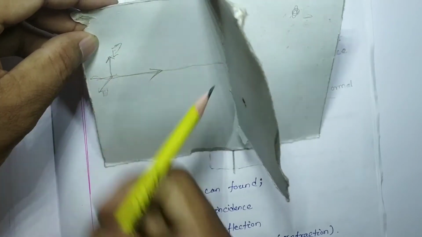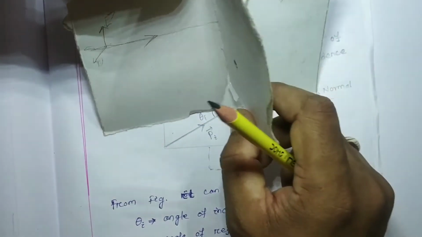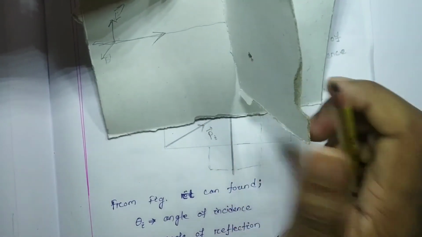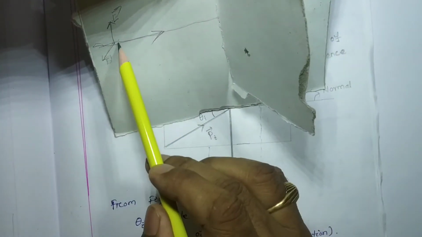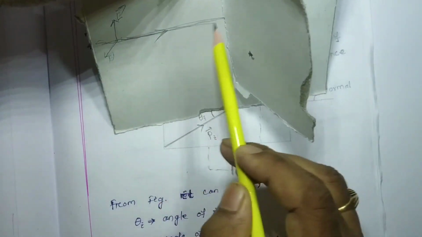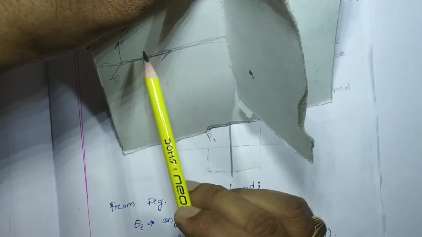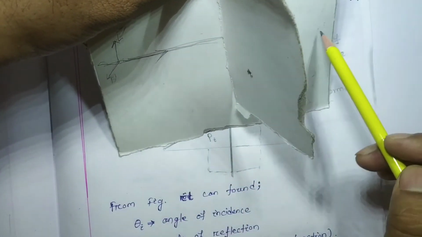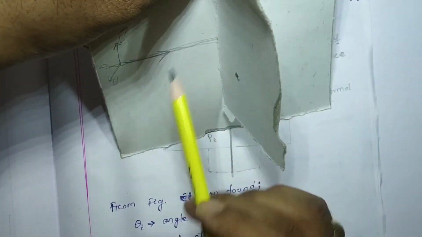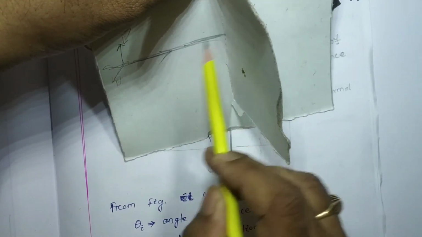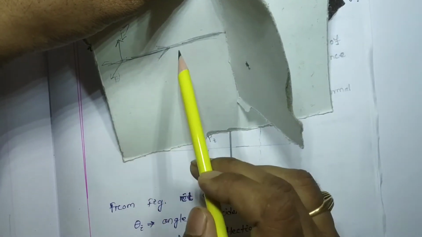Now we are going to consider incidence that is oblique. This is the normal incidence, meaning the wave propagates along the normal, and this is the plane of incidence. This plane of incidence has to contain the incident wave, the reflected wave, the transmitted wave, and the normal to the interface itself. So if the wave is traveling along this normal, that will be called normal incidence.